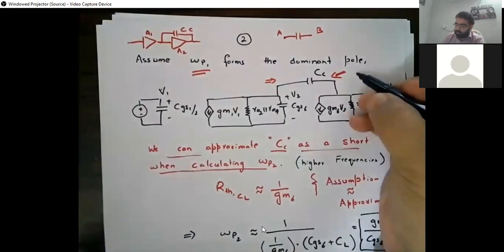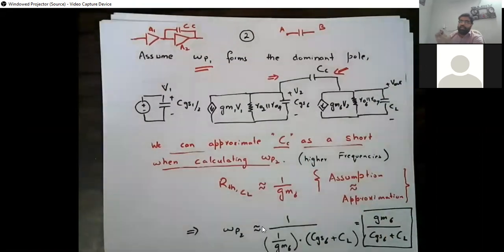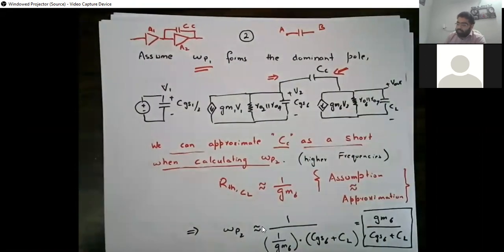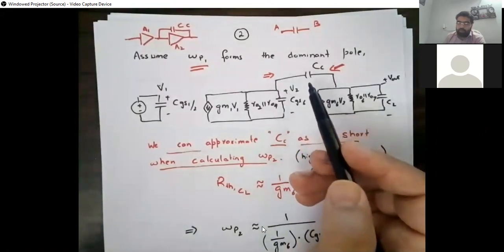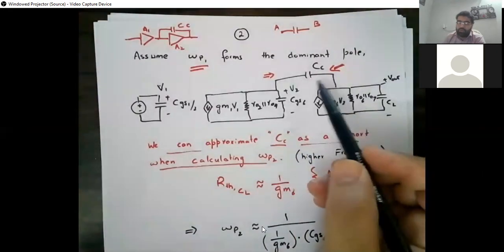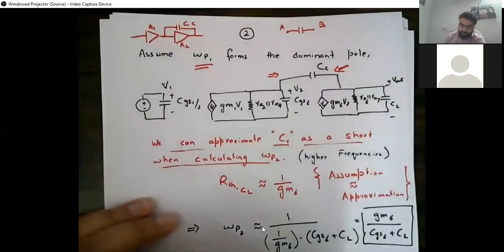This factor is going to be very small at higher frequency. If we don't divide that in the Miller caps, we just assume that at higher frequency, the CC is going to act as a short. I will come back to why we are doing this. But at this moment, if we assume at higher frequency the CC is a short, what's going to happen here? We're going to have something,